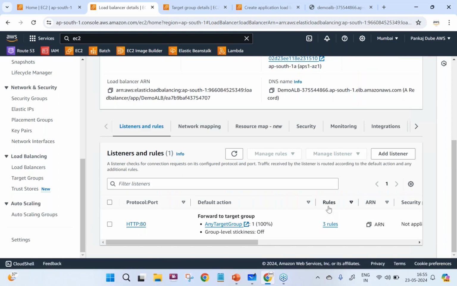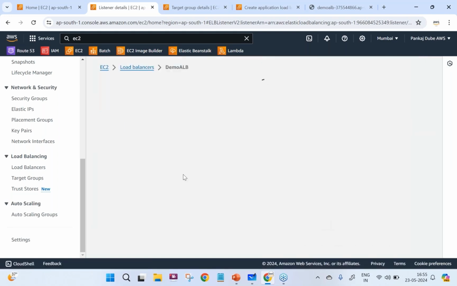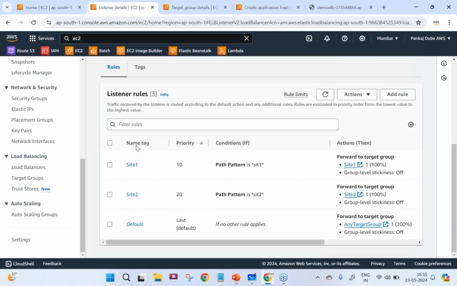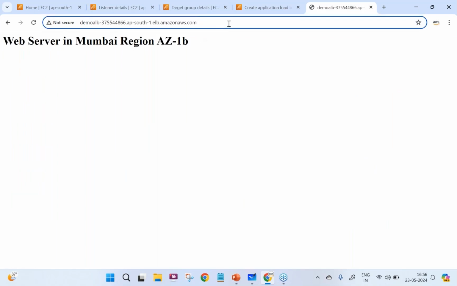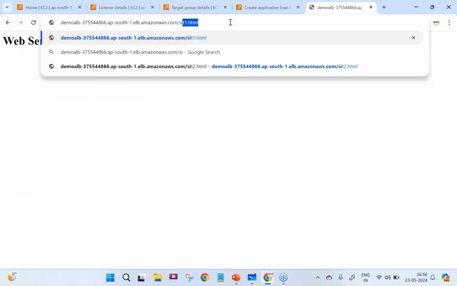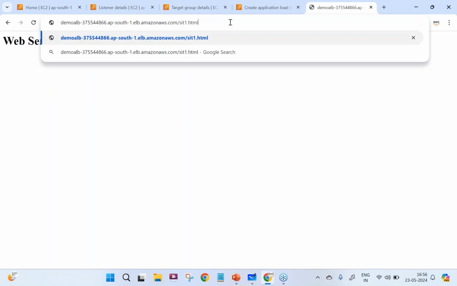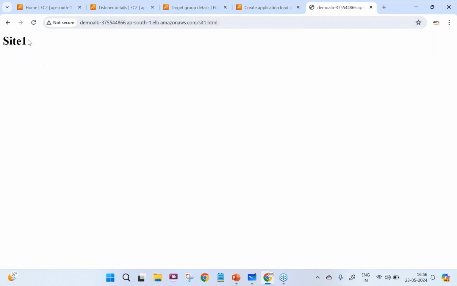Here, if you see, I have three rules. First rule, site 1, second rule, site 2, and third is the default. By default the requests are served by the web servers in Mumbai region 1A and 1B. Now if there is a request, let's say for site1.html, and I try to access this link, I get a response as site 1.